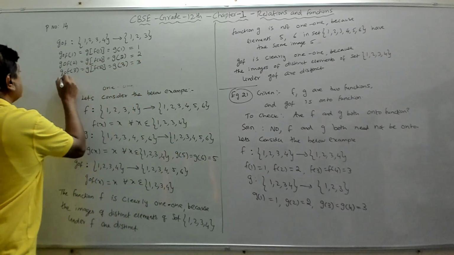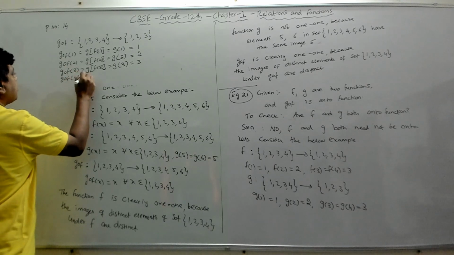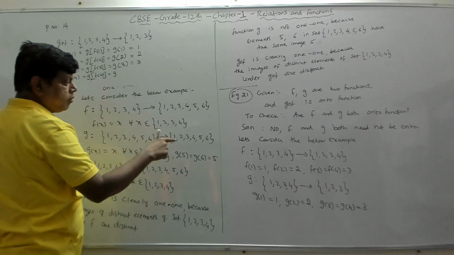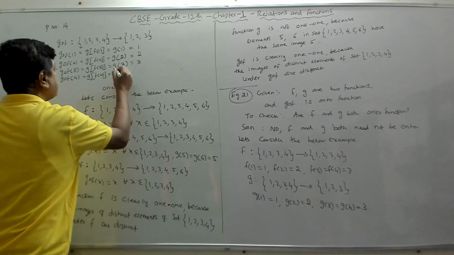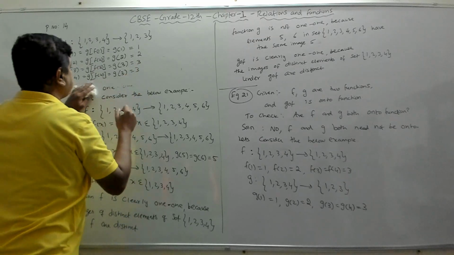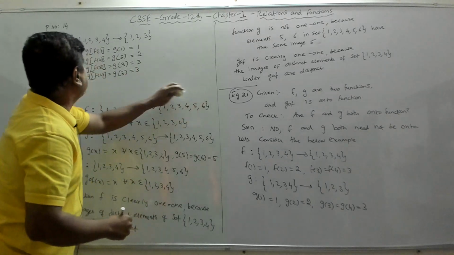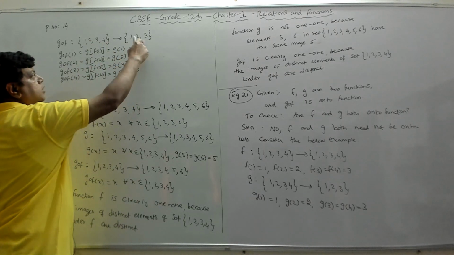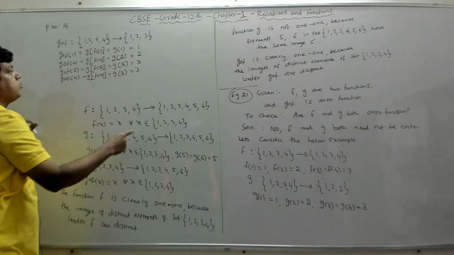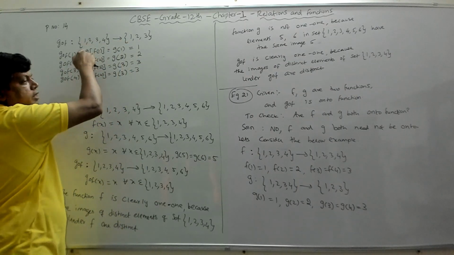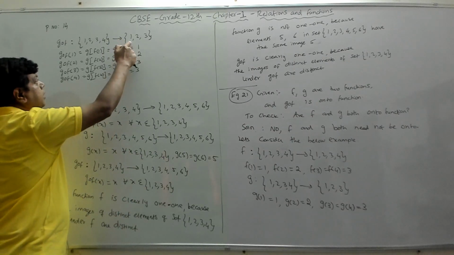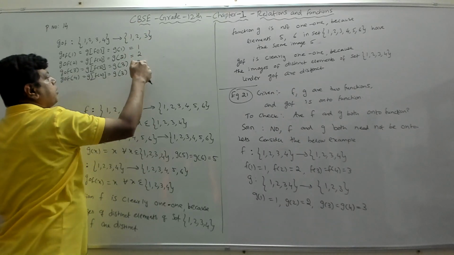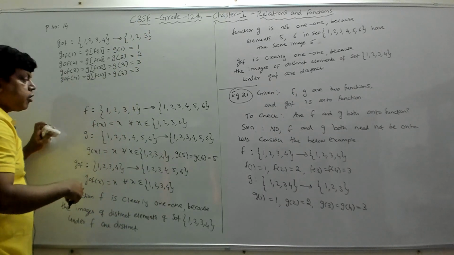That is also 3. Then g of f of 4 is equal to g of, what is f of 4? f of 4 is also 3. So this also becomes g of 3, and g of 3 is 3. So which means what? The four elements 1, 2, 3, 4 are all mapped onto the elements 1, 2, 3. So which makes g of f onto, because every element here has a pre-image here. There are 4 elements, but all 4 are mapped to all the 3 elements here, 1, 2 and 3. Therefore g of f is onto.